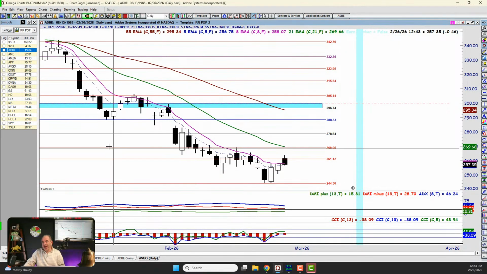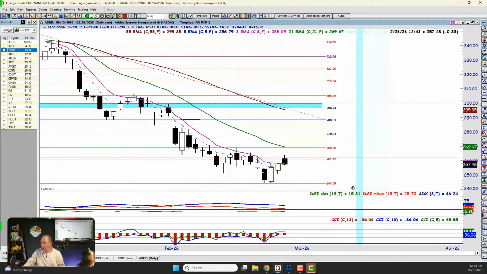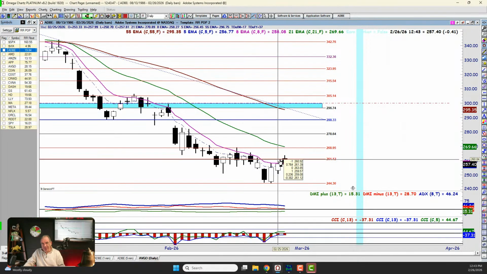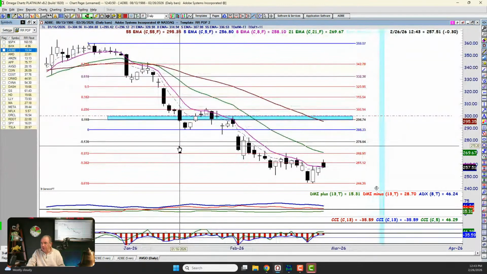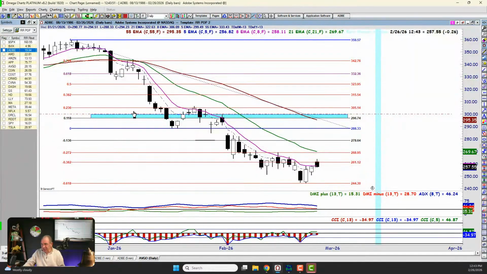So if we close right here, now there's another factor in play. Look at where the moving average is in relation to the Fibonacci level. And that's what these are. These are all Fib lines. Every one of these, each line here, with the exception of this blue box and that dash line, every line that's got a number associated with it is a Fibonacci level.